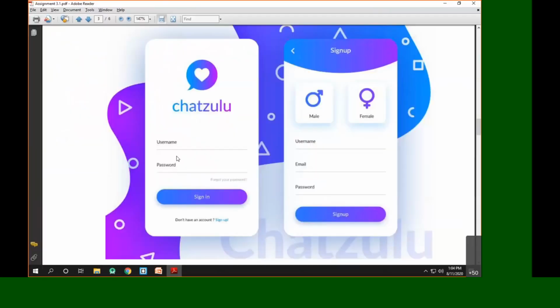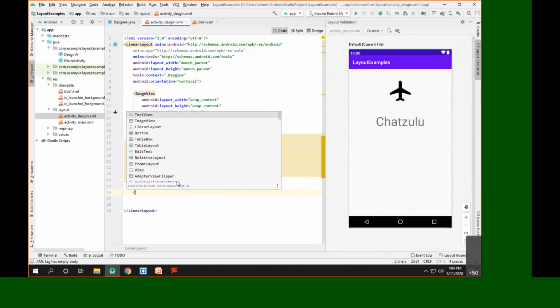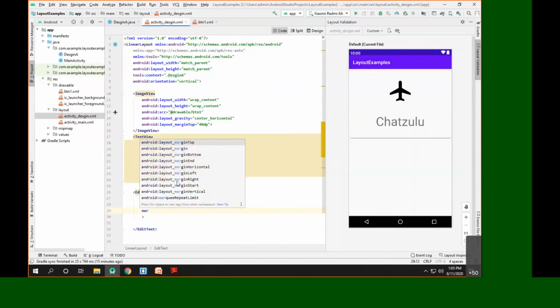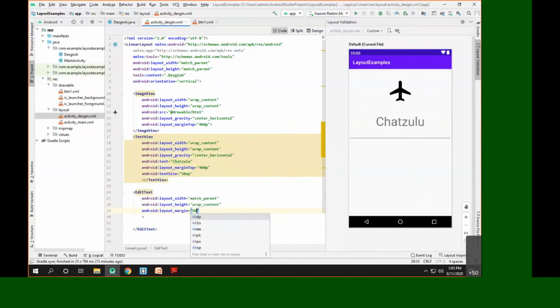And now what you have to use is the edit text. So this is the first edit text, whose width is match parent, height is wrap content. And for this text view, I have to put a margin from both the sides. So I can say margin as 40 dp, or let's say 30 dp.